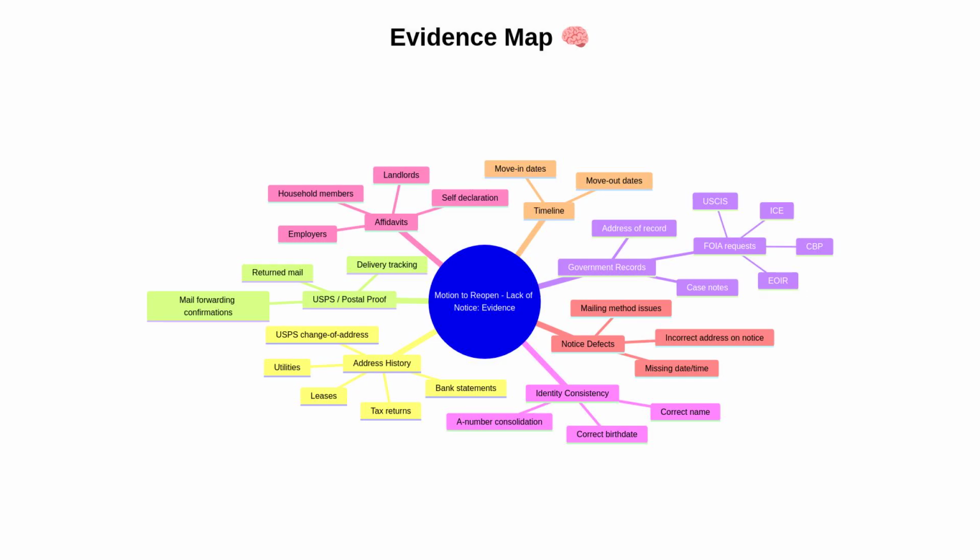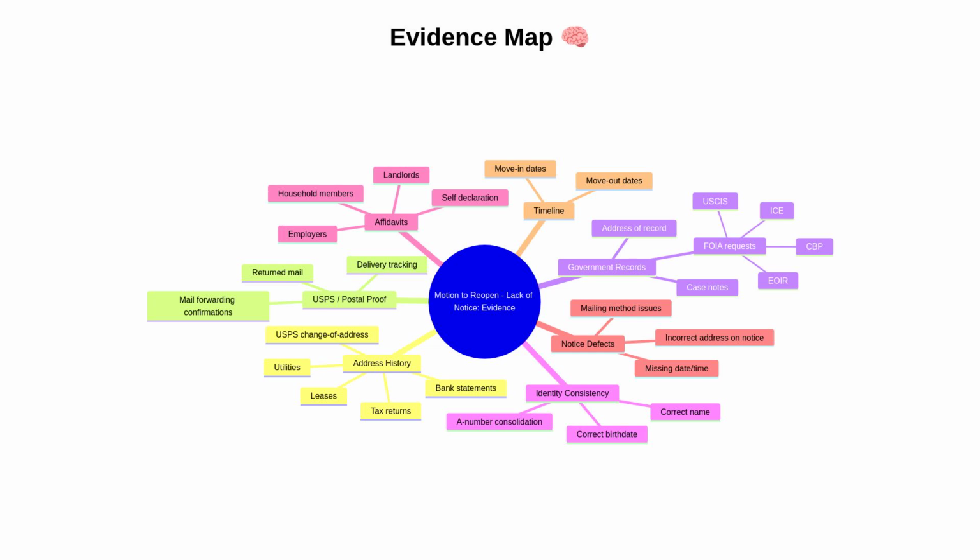This mind map organizes the evidence needed to support a lack of notice motion. The address history node covers leases, utilities, tax returns, bank statements, and USPS change of address confirmations to prove where you lived and when. The USPS postal proof node includes forwarding confirmations, delivery tracking, or returned mail to show what happened to the notice. Government records are obtained through FOIA from EOIR, USCIS, ICE, and CBP, including case notes and